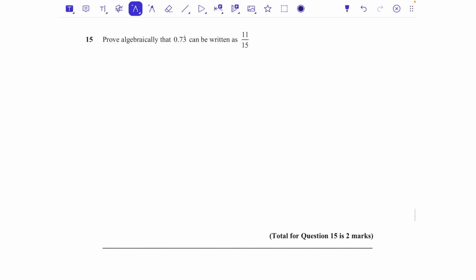Okay, question number 15. Prove algebraically that 0.73 recurring can be written as 11 over 15. So we start this by saying let x equal 0.733333 ... That's what that notation means. Now, if that's x, and I want to line these 3's up underneath, then it would be a good idea for me to get 10x, because I know that will be